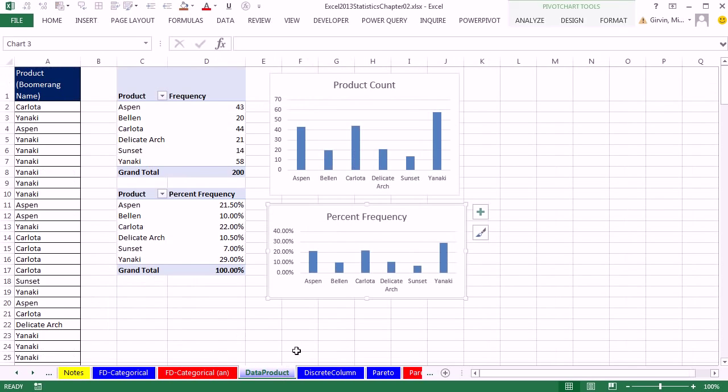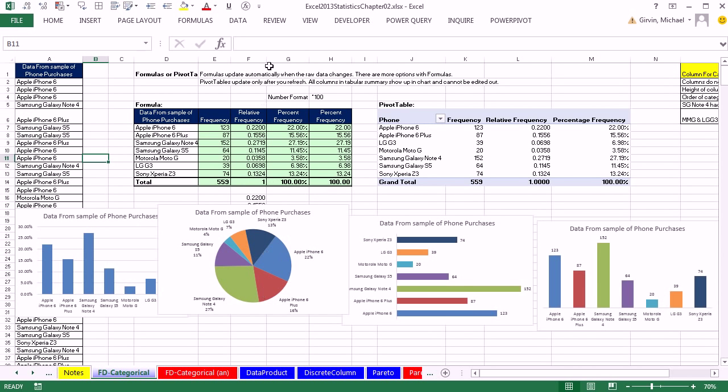We did a few things here. We saw how to create frequency tables, percent frequencies with a pivot table and pivot chart. We also saw how to do it with formulas and pivot tables and compared and contrast the benefits and drawbacks of each. And then we saw percent frequency chart, a pie chart, a bar chart, and a column with frequencies. All right, next video we'll start quantitative variables and figure out how to do frequency distributions and charts for those. All right, we'll see you next video.